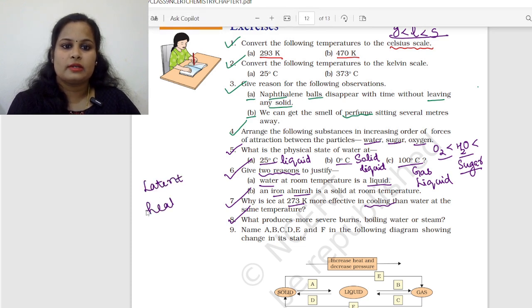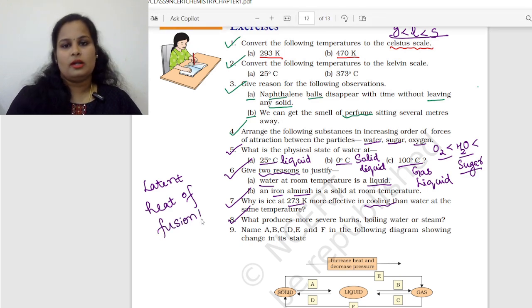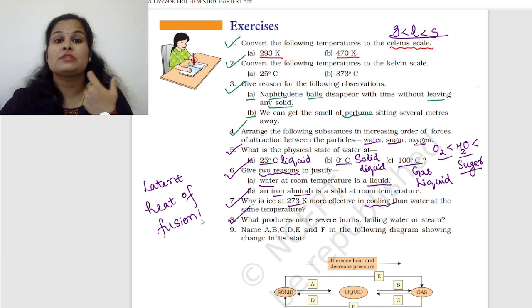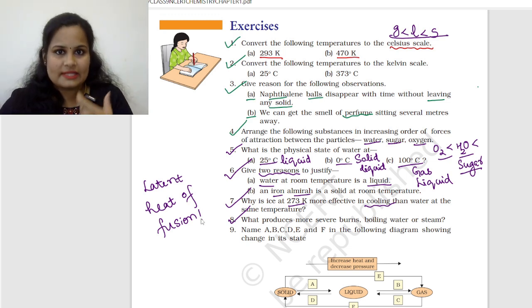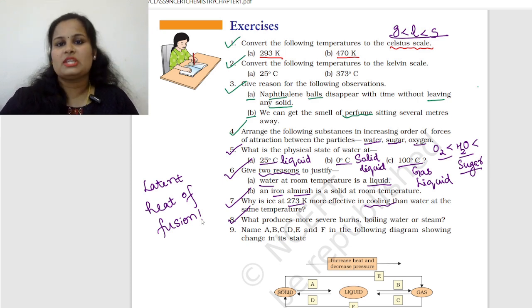Latent heat of fusion. So students, I request everyone to try practicing to answer the questions with the help of the keywords. All these keywords are very much necessary in your answer so that you'll get full on full marks. Rather than going for just the verbal explanation, you need to include more of the keywords and precisely give the answer. All right. Now,